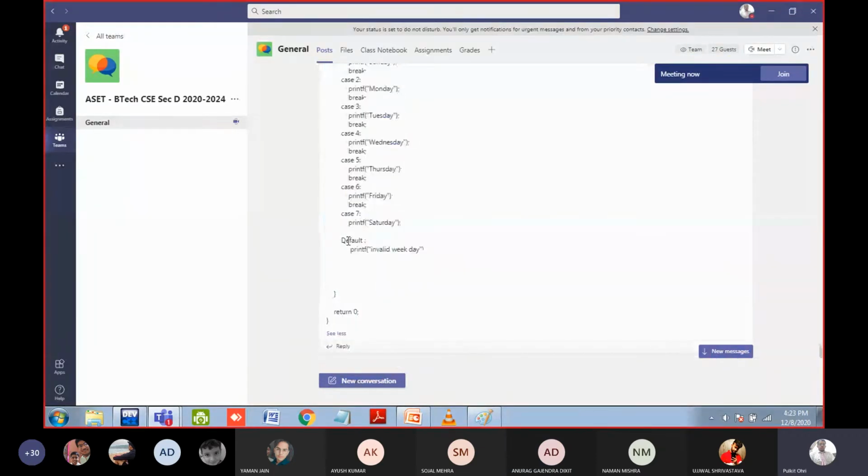In the default, the D is capital, na? Naman, C is case sensitive. Everything, 99% of the things are small. So make D a small, and of course it will work. And the other thing is, after case 7, you need to write the break statement. In every case, you need to write the break. So after case 7, write the break statement and make D a small. And after the printf also, the semicolon is not there. Naman, do it and let me know.